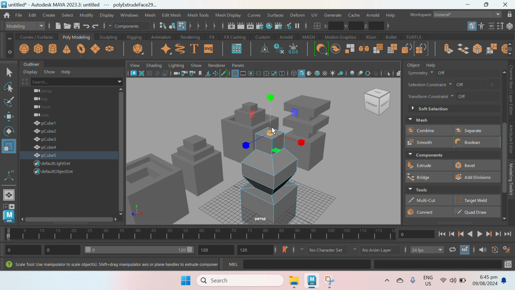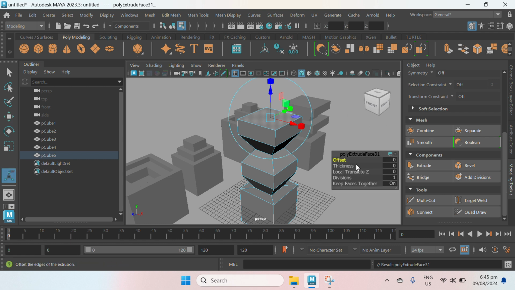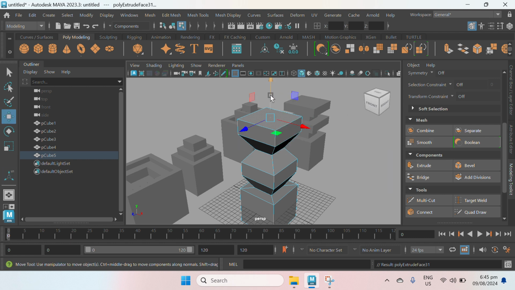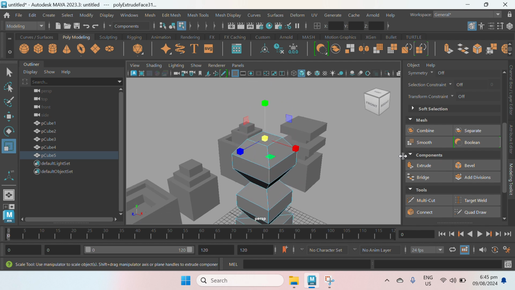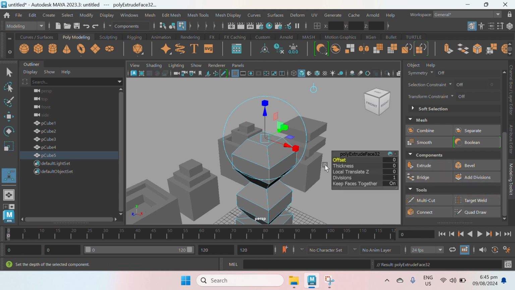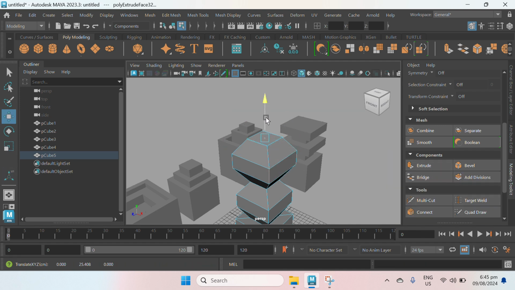Rescale, click and drag to the right. And then extrude, W, arrowhead upward. Extrude, W, arrowhead upward. Rescale to the left. Next, extrude, W, arrowhead upward.